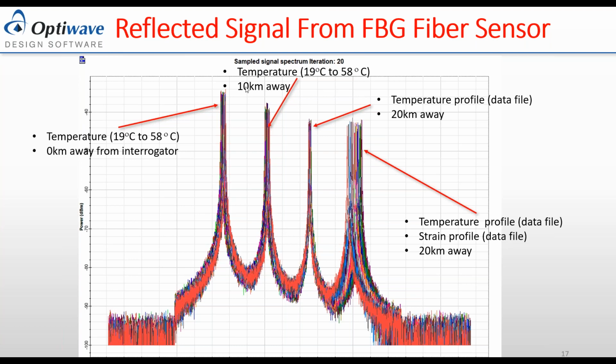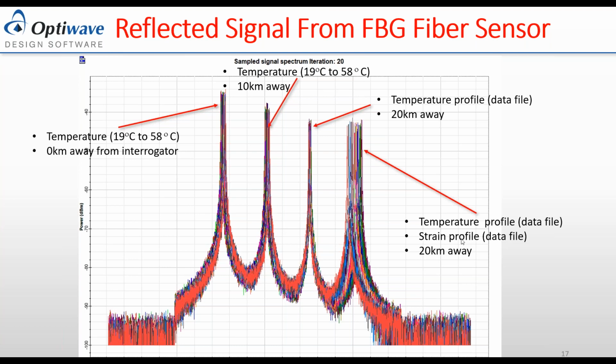The second wavelength is also after 10 kilometers, with the temperature range from 19 to 58. The third wavelength is at 20 kilometers, so you can see how the power level goes down because of the length of the fiber. This is something advantageous in OptiSystem, where you might add, for example, optical amplifiers to amplify the signal to do power budgeting, to make sure that the signal is received at the destination properly. And in this last grating, located at 20 kilometers, again we have two effects, which are temperature and strain